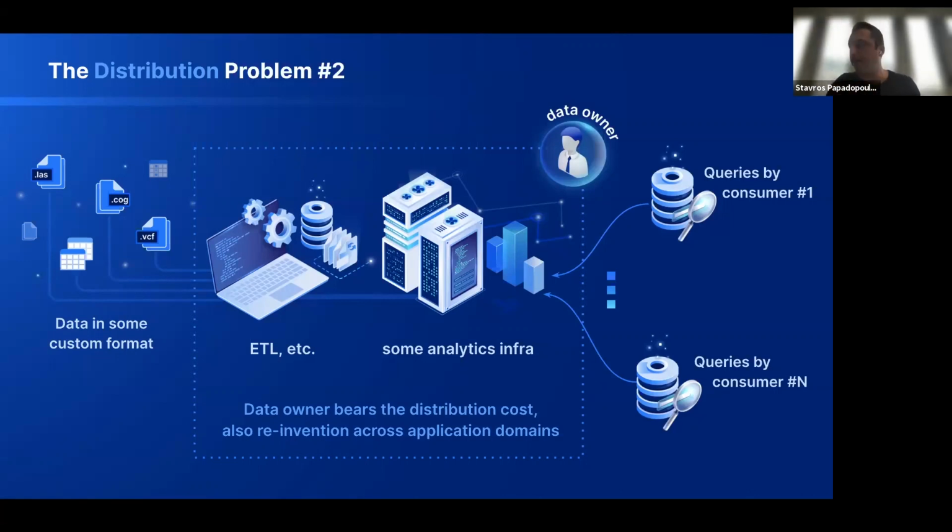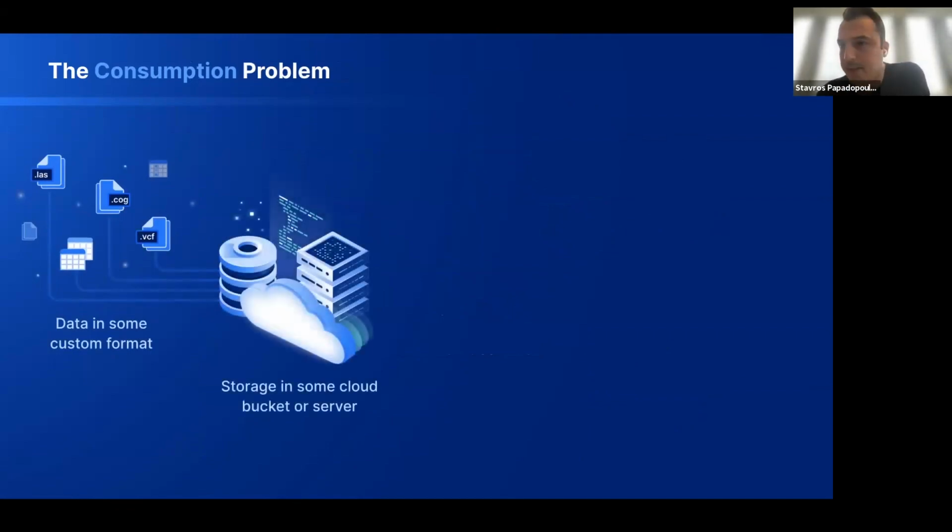And also, if there are 1,000 different data owners from 1,000 different domains, they need to build the same infrastructure to service their data, because the data is not as different as you might think that it is. I'm going to get back to this in a bit. And finally, the consumption problem is that, again, tons of files, different formats, you put them in some storage bucket